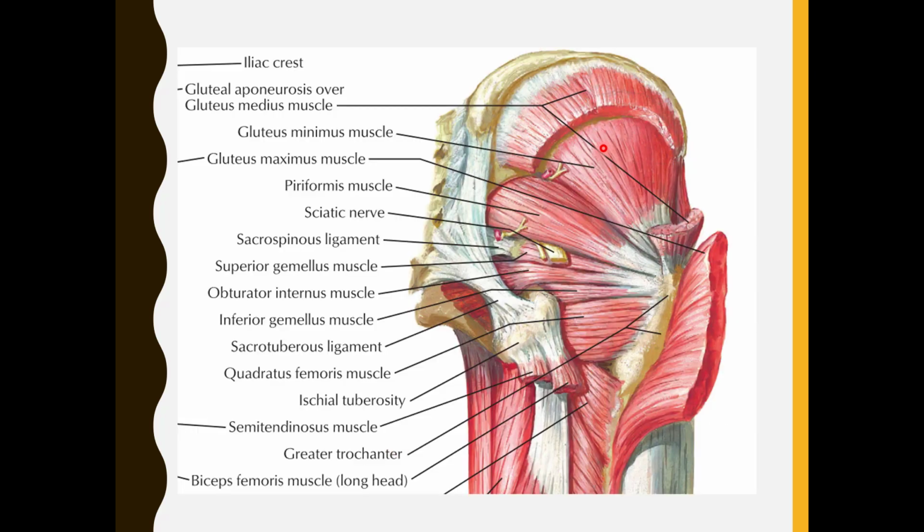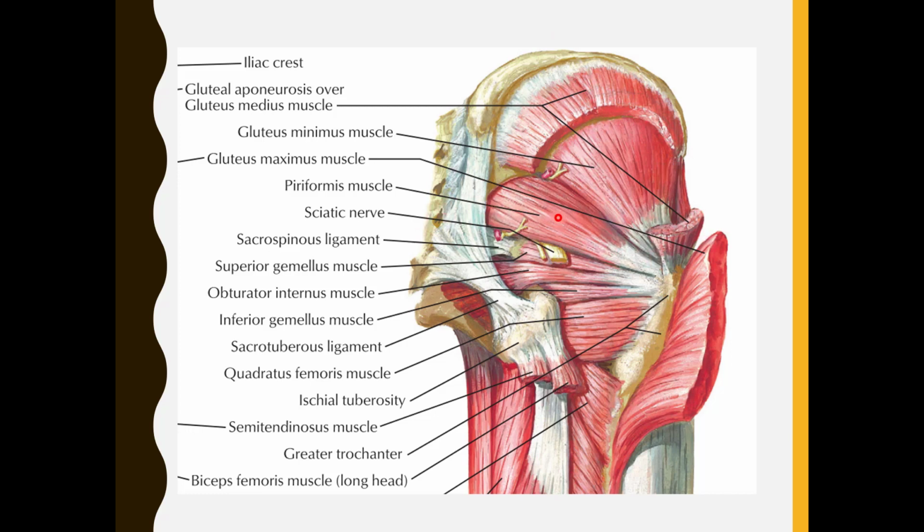See here in this diagram also, this one, this is gluteus medius muscle. They have cut the gluteus maximus, which was a big muscle forming the main prominence of the hip region. This was gluteus maximus. Then there will be gluteus medius. See here, the gluteus maximus is the most superficial muscle, and then there will be gluteus medius and minimus, which are also superficial muscles. But the deep muscles are piriformis muscle.